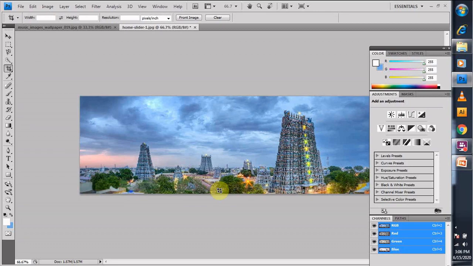As soon as I press enter, the bottom area vanishes, that is, it is removed with the help of the crop tool. The crop tool is very common and you can see it in your mobiles also, while you want an image to be deducted from bottom or top or sideways, you can use the crop tool. But in this Photoshop it has various advantages and various uses also.